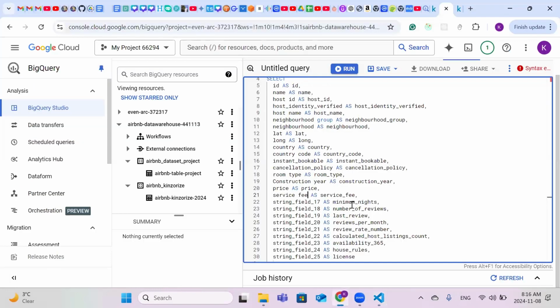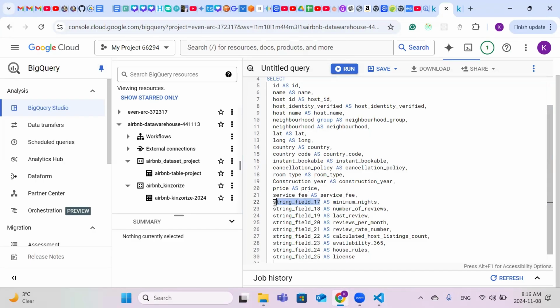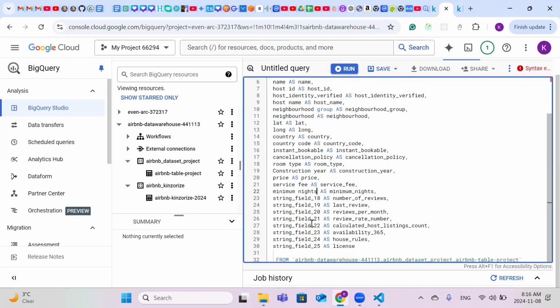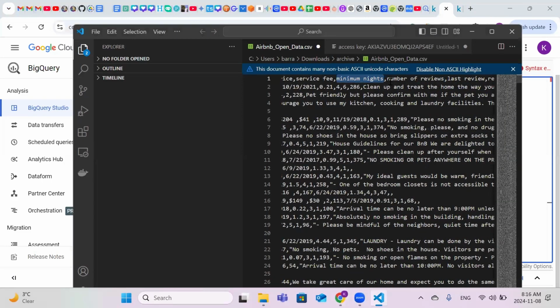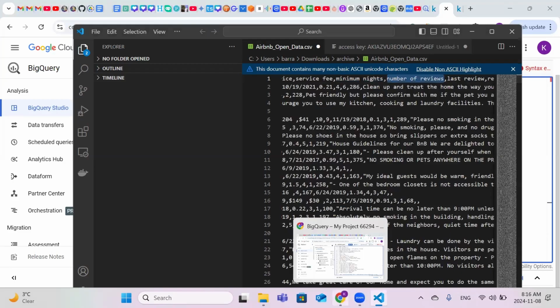So let's go here. And the number of nights, I guess it has some correction to do. So let's check through. The number of nights has some corrections to do too. We just come here and